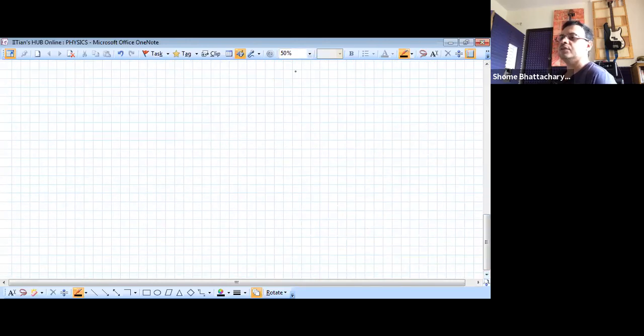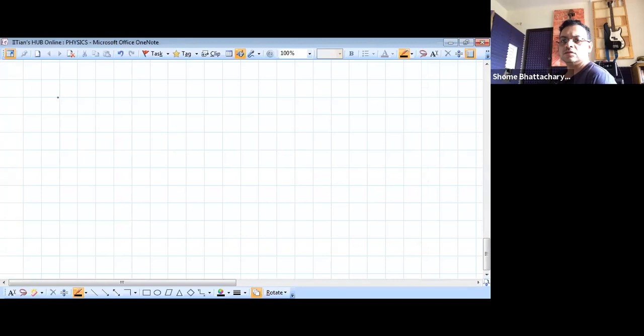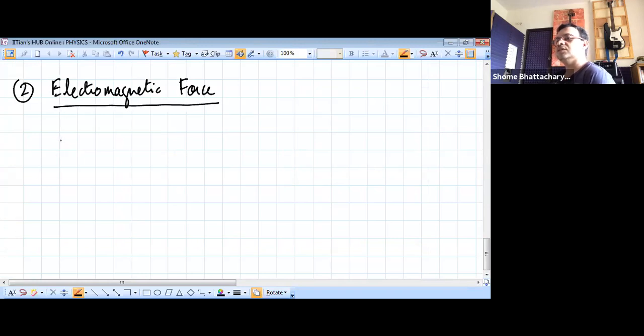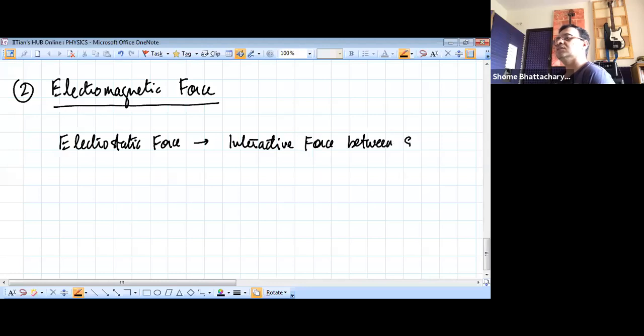Now, similarly, the second type of fundamental force we were discussing is electromagnetic force. So in this, for example, electrostatic force is the interactive force between static charges, or charges at rest,